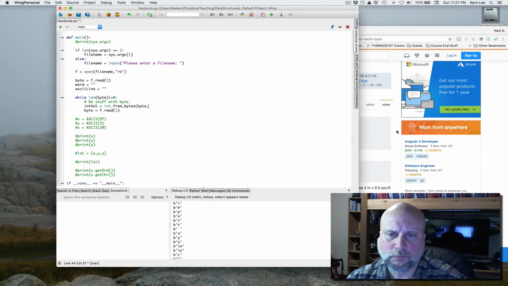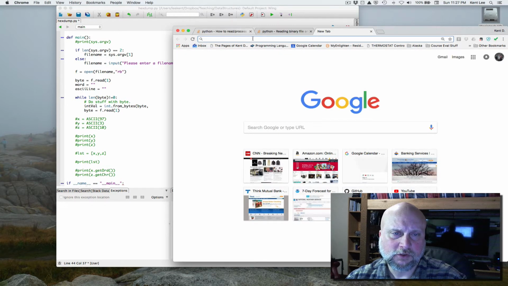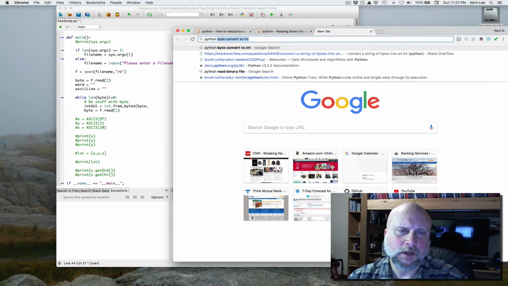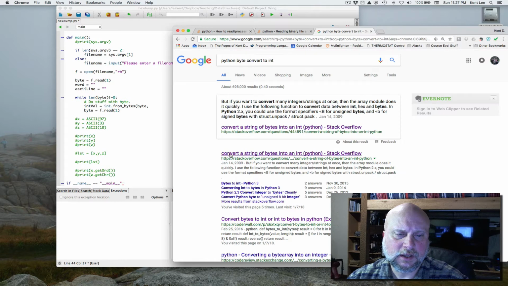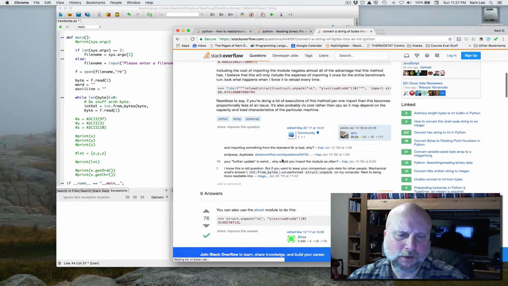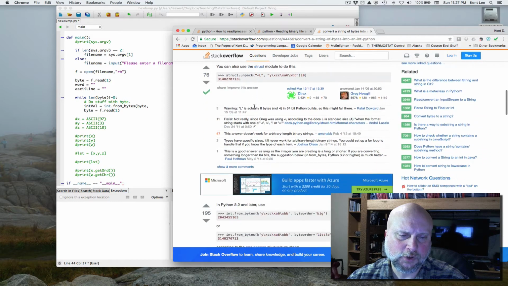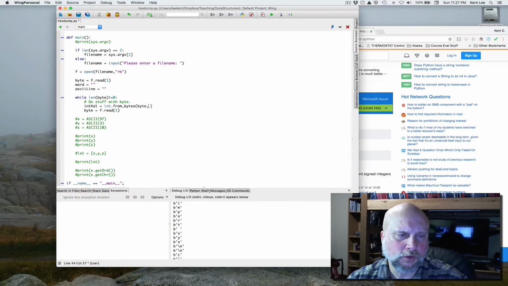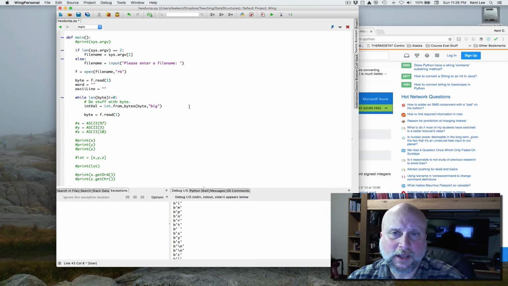I find this out by actually searching for Python byte convert to int, and again Stack Overflow helps me out with this. Now there's a little bit of stuff with timer up at the top, but I get down a ways here in int.fromBytes, and it shows me byte order needs to be specified either big endian or little endian. Doesn't really matter in our case which we do. We'll specify big endian here. So big endian is the way we're going to create it. I want to convert that to a